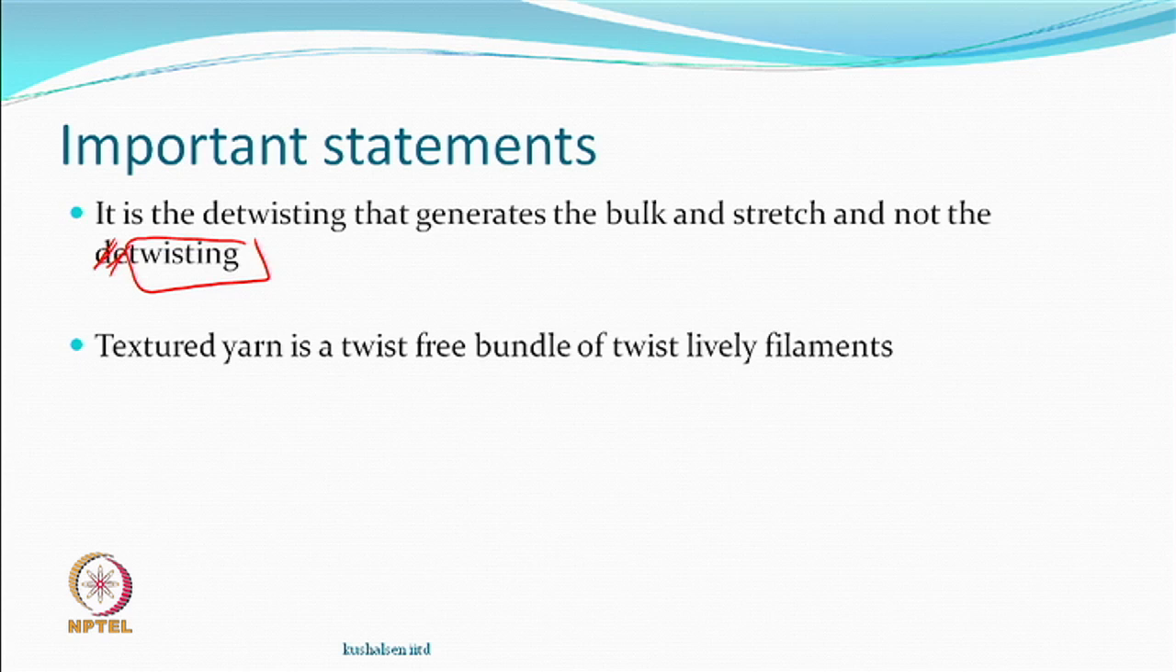Textured yarn is a twist free bundle of twist lively filaments. So, there is no twist in the textured yarn. While we started with the multifilament yarn, we did twisting, we did setting, each filament remembered some of the path that were traversed during this twisting process, but there is no twist in the textured yarn, right. But every filament is twist lively, as if the energy is stored in them and they want to release the energy,